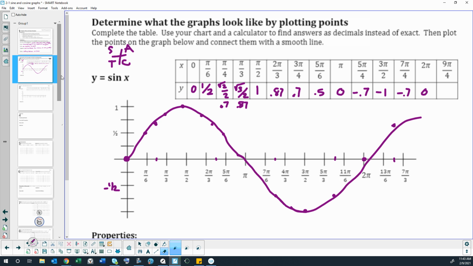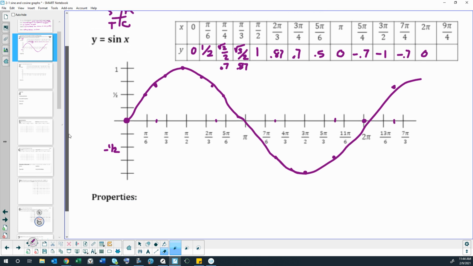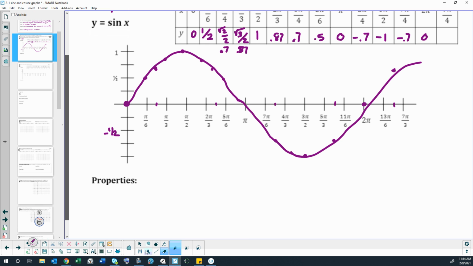Okay, let's talk about the properties of a sine function. I haven't left you a lot of room for these. I am going to give you a little card. I can actually give that to you now. Darn it, Ivy, you won't have this card till you can come get it. But that's where you can put the actual properties on the card. So maybe let me pause and hand those